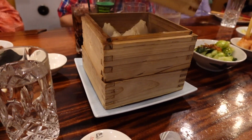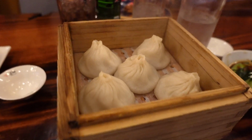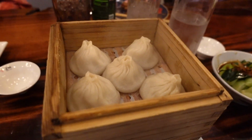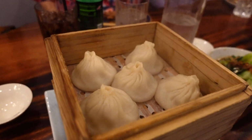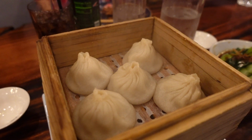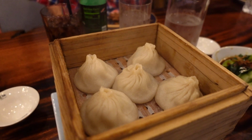Soup dumplings. Shanghai soup dumplings, xiaolongbao. You got two, right? Yeah, I got two xiaolongbao. I just want to say there are different types of dim sum in China. Normally, the dim sums that you have in dim sum restaurants are Cantonese dim sum like har gow and shumai, but the soup dumplings are actually originally from Shanghai. But here we're just having a